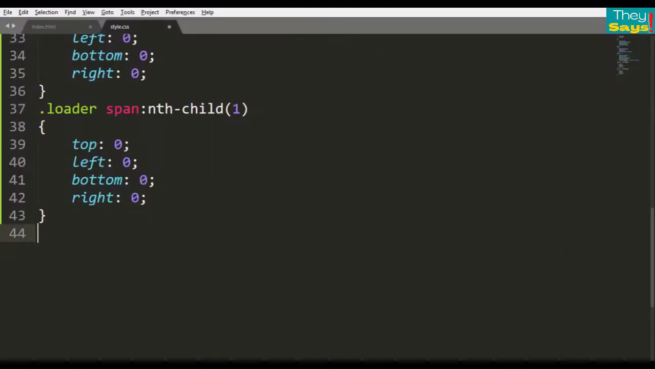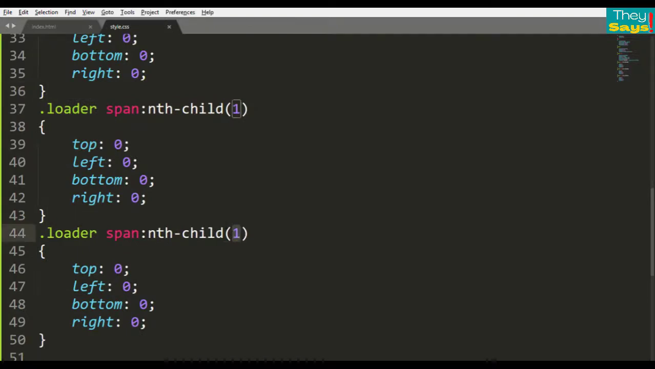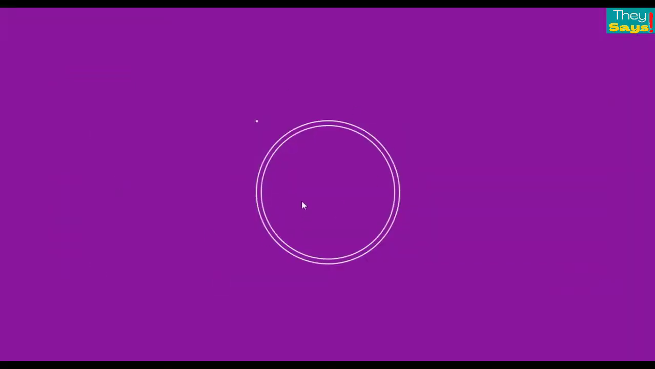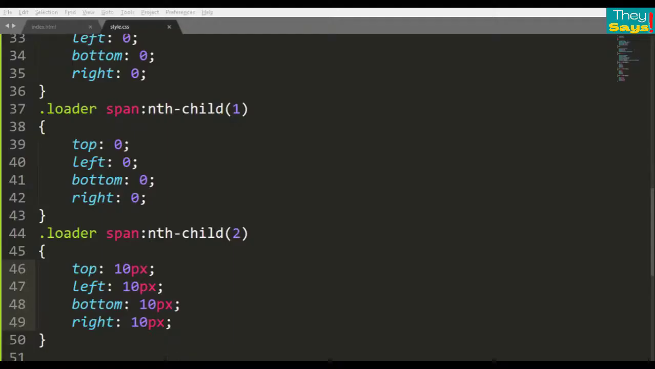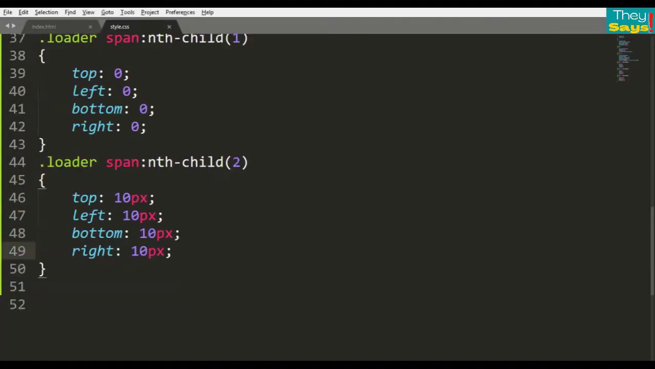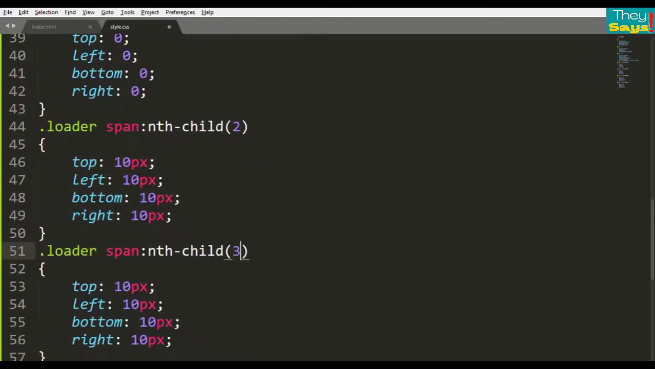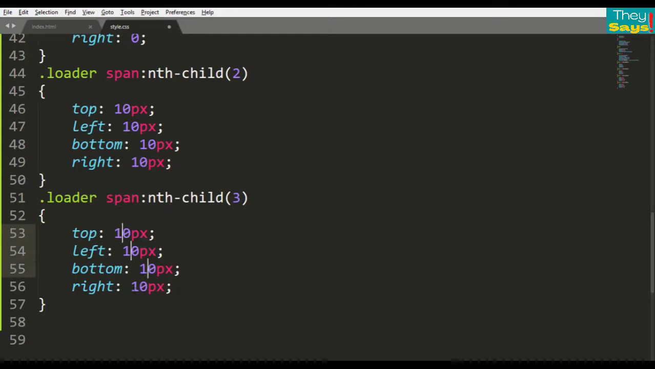Come back to the CSS file and copy this same style for the second span tag. Just change the number to 2 and change the value 10px. Reload the page. This is our second span tag showing. Now same as we select all the 15 children one by one and just change the position value. Copy this, paste, change the child and position value 20px